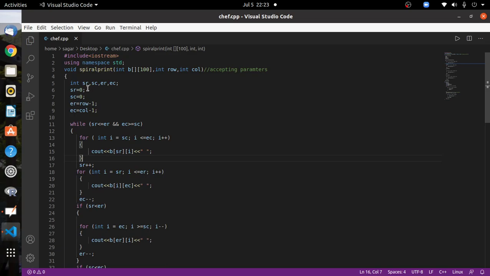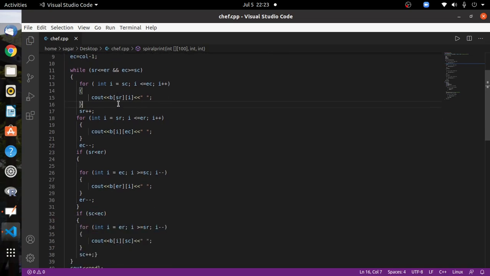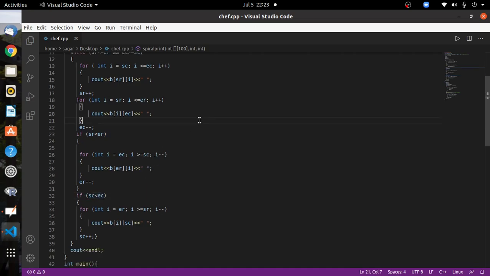So as you can see that I have declared all those four variables: start row, start column, end row, and end column, with row minus 1 and column minus 1. And I have written these four loops, sorry, in which I have written some if conditions. I will explain to you why I have written this, because our code is currently not completed. There are some corner points in which our code will fail, right? So for those upcoming corner points, I have written this if condition, right? I will explain to you why I have written this.